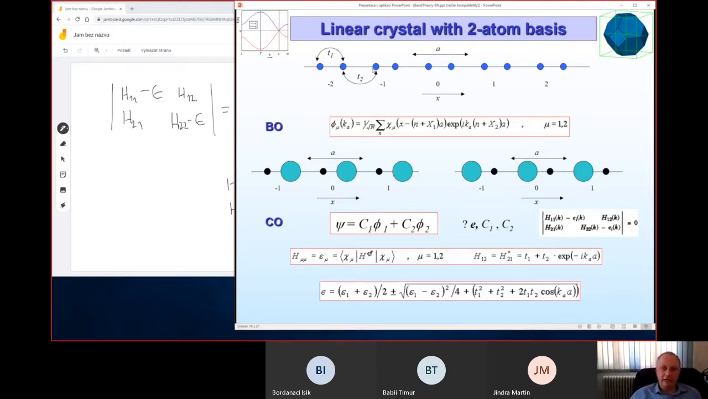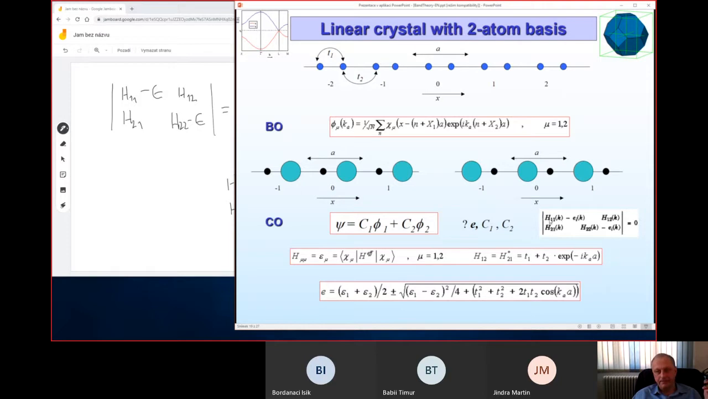where the distance is larger, and that's why T2 would be smaller in absolute value than T1. So again, we have two Bloch orbitals, one of this type. Within a given unit cell, we have this atomic orbital, but this side is empty, while the second Bloch orbital has an atomic orbital here, but this side would be empty. And so this is a two-dimensional problem, and we would need to define the four